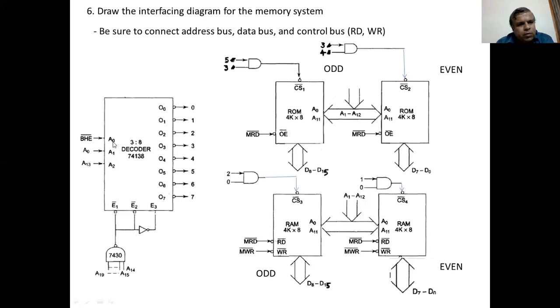Then 1 0 1. Then this output pin number 5 is low. Then this is connected to the AND gate input of this RAM chip. So then this RAM chip is selected. So the output of this AND gate is connected to chip select. This will select the odd addresses in RAM, where a byte transfer happens on D8 to D15.